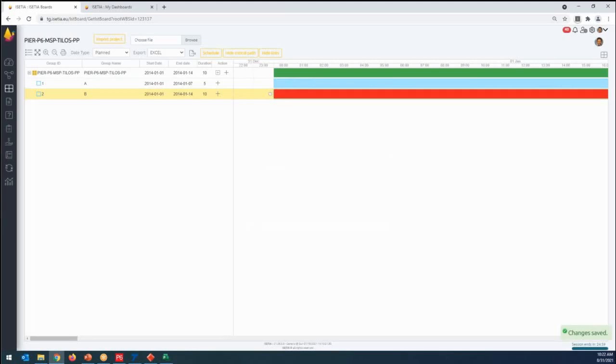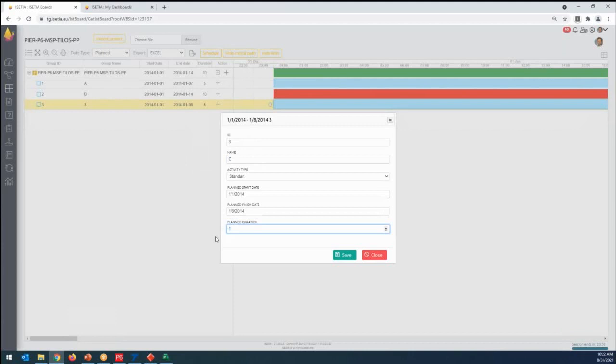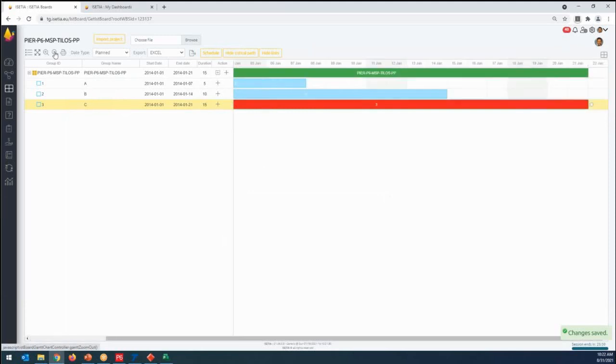So I can also add the third activity here, and the third activity's name is C. I'm doing manual work. In a moment, we will convert it to Primavera formats, all right? And I'm not going to create all the activities manually, don't worry about it.